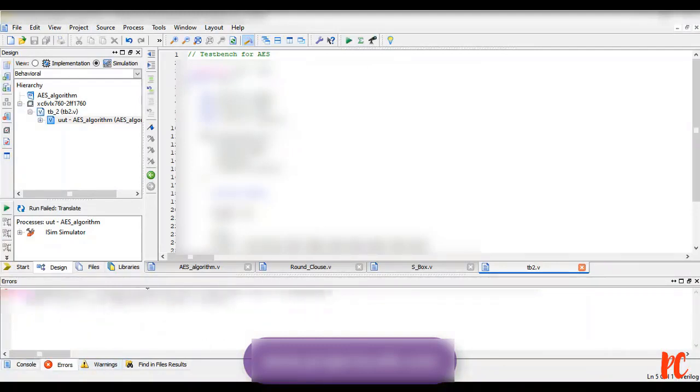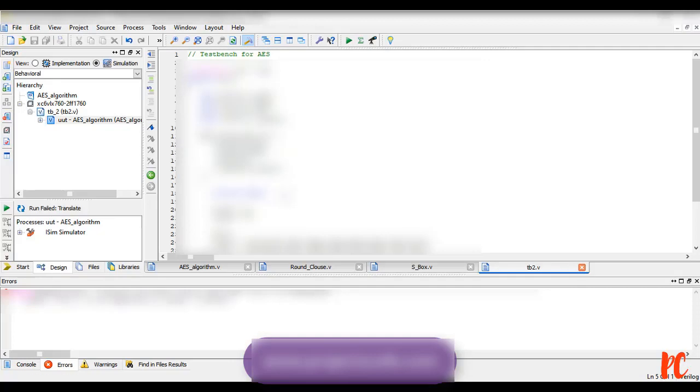Logical root block test bench with type is unexplained. Symbol test bench is not supported in target Virtex 6. And you know what is the reason behind this? It is because you are not able to synthesize a test bench file. You can synthesize a DUT file, design under test file, or a unit under test file, but you can never synthesize a test bench file.